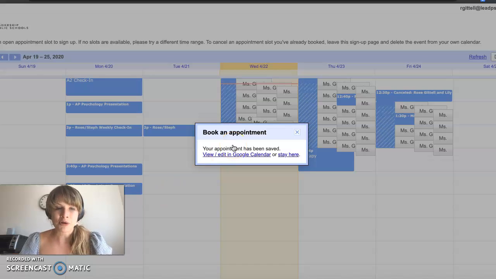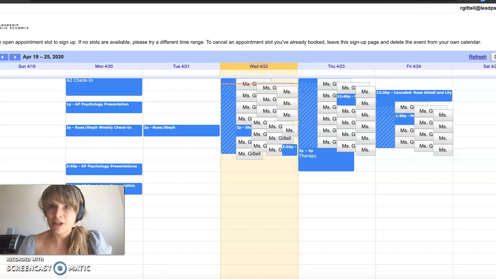The important thing to remember will just be whatever time you signed up for. I have all of your phone numbers, so I can call you if you forget, but it will be much easier if you're just on your computer and ready at the time when you scheduled your conference. So let me just show you,